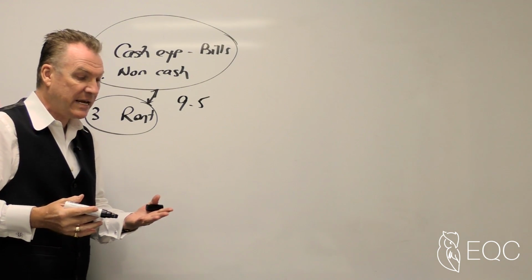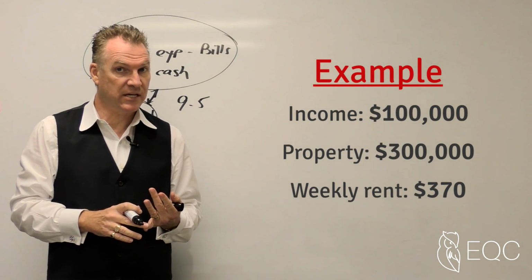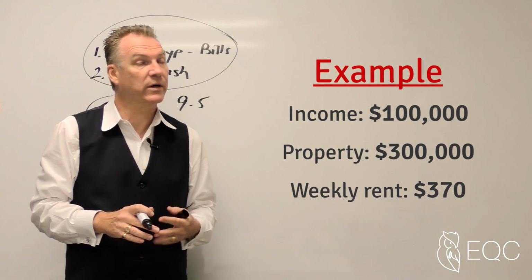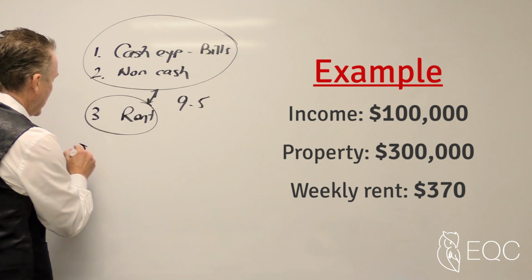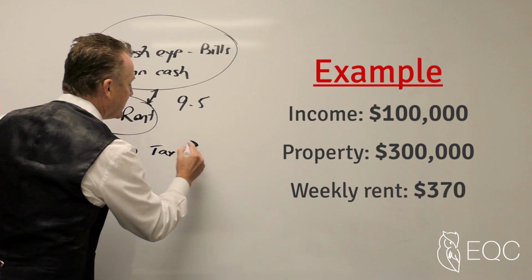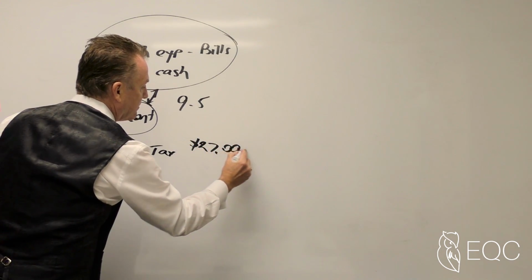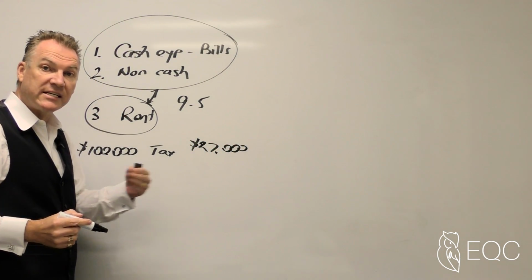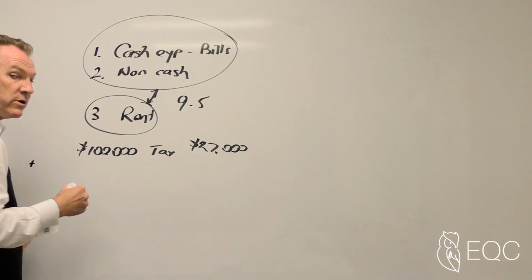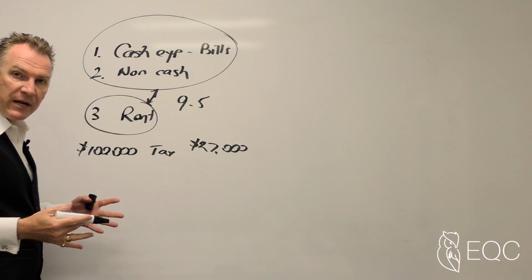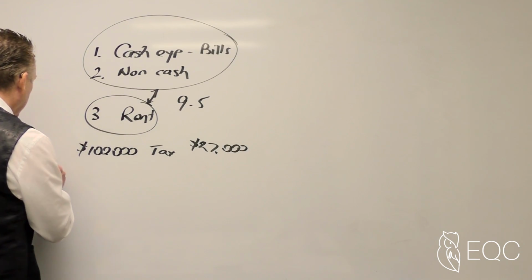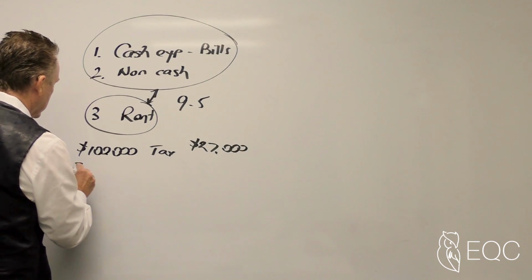So this is based on an example where somebody's earning $100,000 a year, they bought a property for $300,000 and it's rented for $370 a week. Now, so you earn the $100,000. Now, you pay tax, which is just a tad under $27,000, because we all know that your employer takes the tax out and sends it straight towards the tax department. However, we're going to fast forward it to the end of the year, we bundle everything up in our shoebox and we take it to our accountant, and the accountant works everything out. He then says, okay, we need to add the rent to the property,